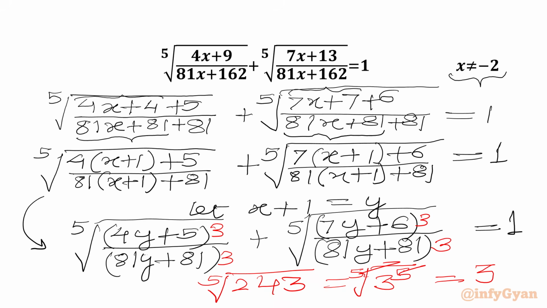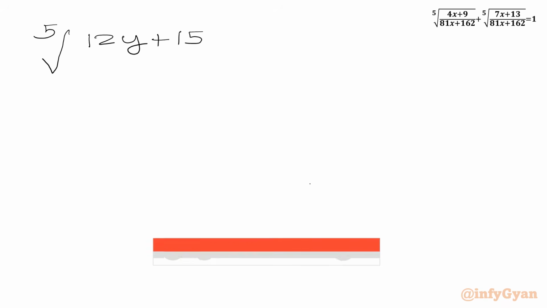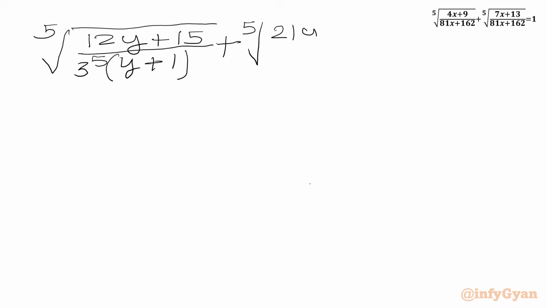So we can write equation fifth root of 12y plus 15 in the numerator, and in denominator we'll write y plus 1, and then we will write over here 3 power 5 or 243, plus fifth root of 21y plus 18 over 3 power 5 times y plus 1